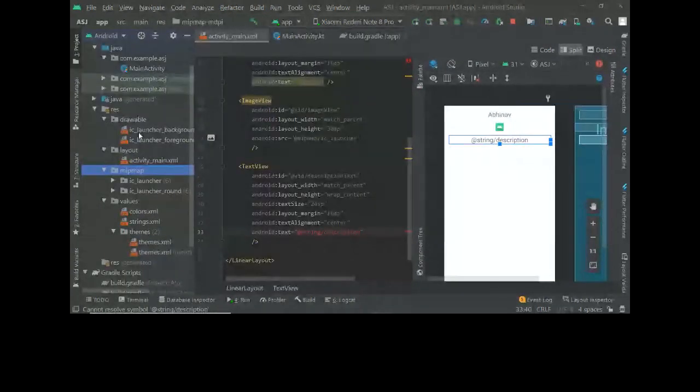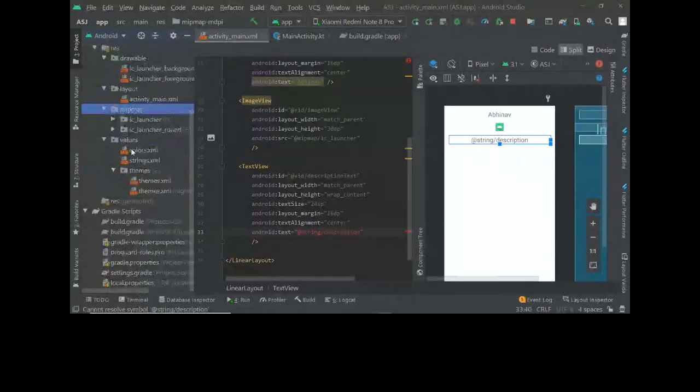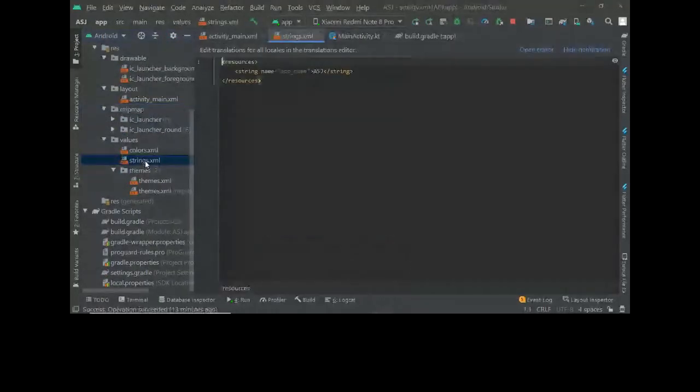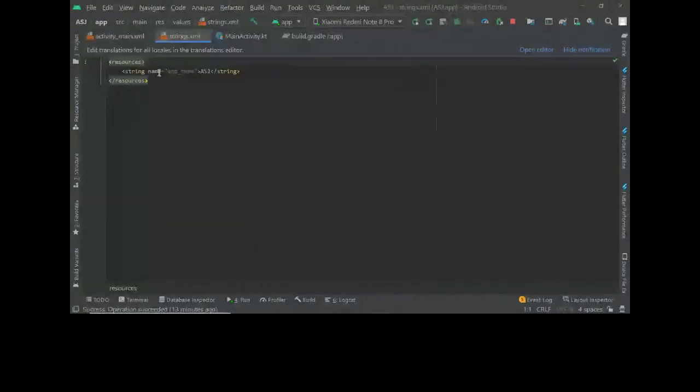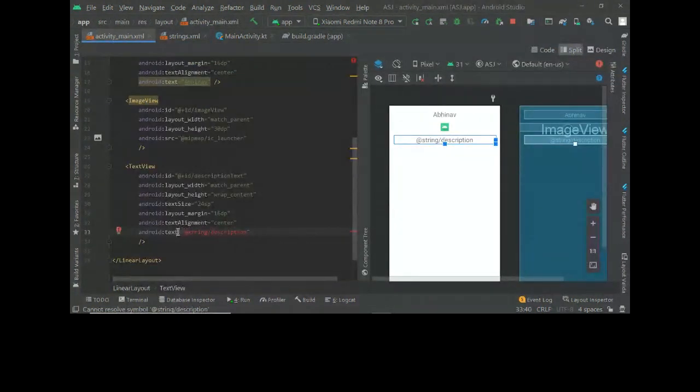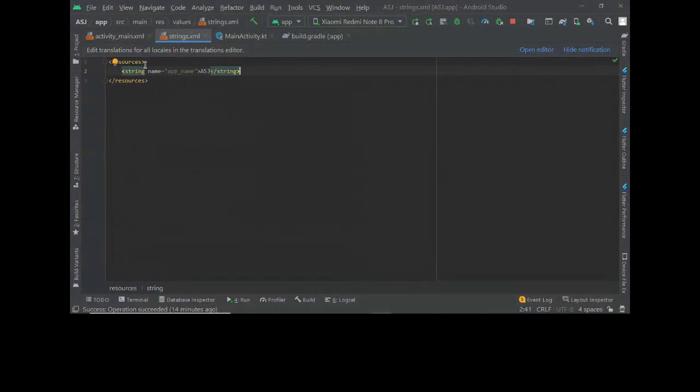As you've seen here, in resources, in values, there's a thing called strings. Here you can store different string values you want. For example, here there's one string value stored. String name is your app name, ASG. ASG is the app name, and it's stored as a string value. You can store different kinds of string values. So now here I've put android:text equal to @string, so at this strings thing,